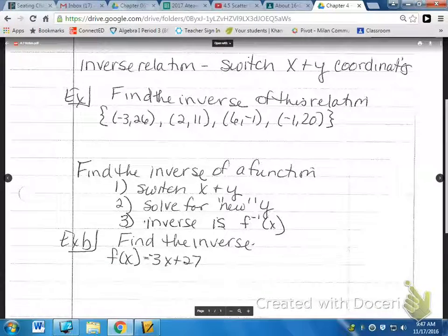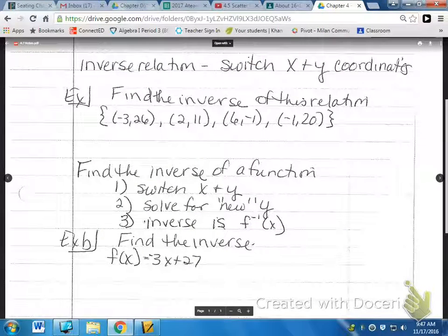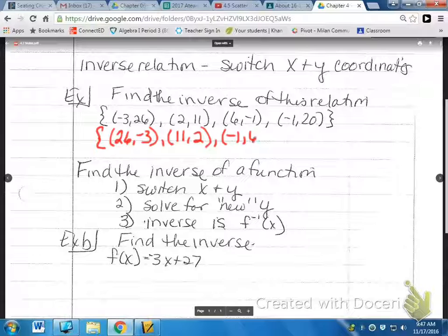So if you're asked to find the inverse of a relation where it's listed as a set of ordered pairs, then you are going to go ahead and write the set notation, which is like that. Doesn't have to be perfect, just do the best you can. And you switch the x and y coordinates around. So 26, negative 3, 11, 2, negative 1, 6,